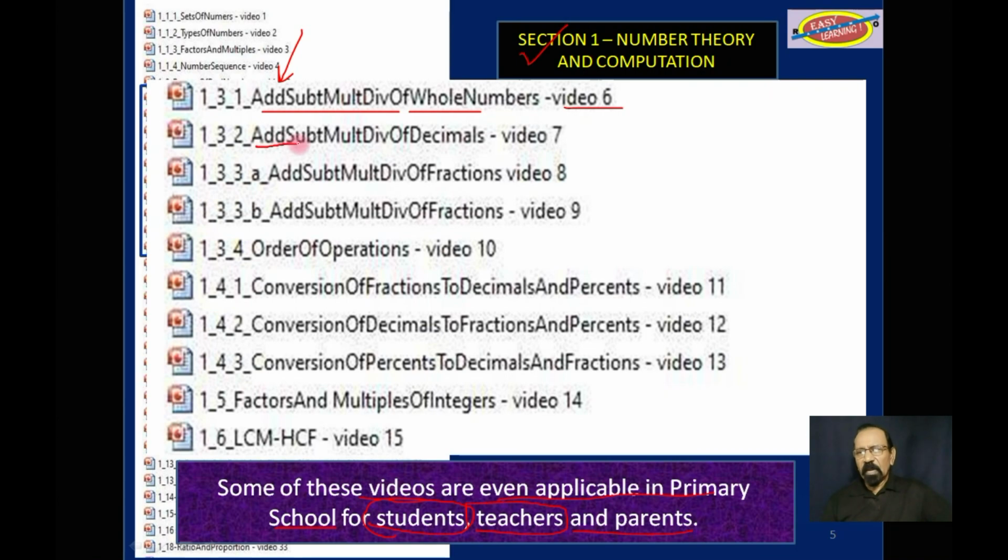And then you have add, subtract, multiply, and divide decimals in video 7, and in video 8, add and subtract fractions, and then video 9, multiply and divide fractions. So even in the primary school, especially grades 4, 5, and 6, these videos from section 1 of the syllabus